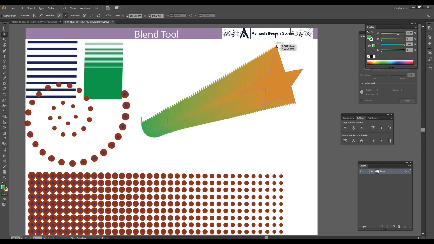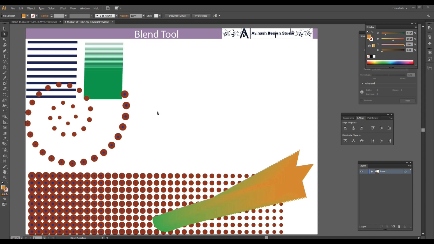Here we can also change the shape like this. We can change the shapes and change the object. It also blends our colors, and it also blends our different kinds of shapes into one shape. This is the beauty of the blend tool.